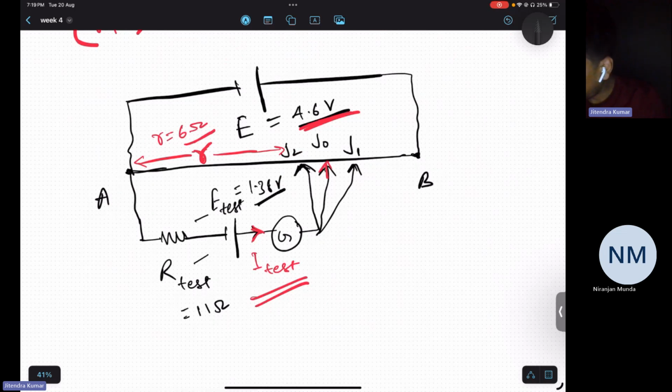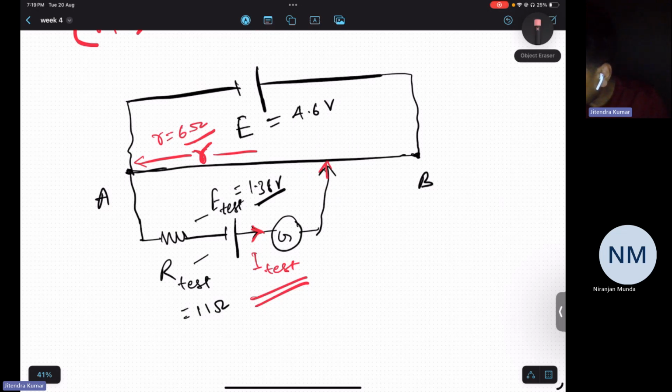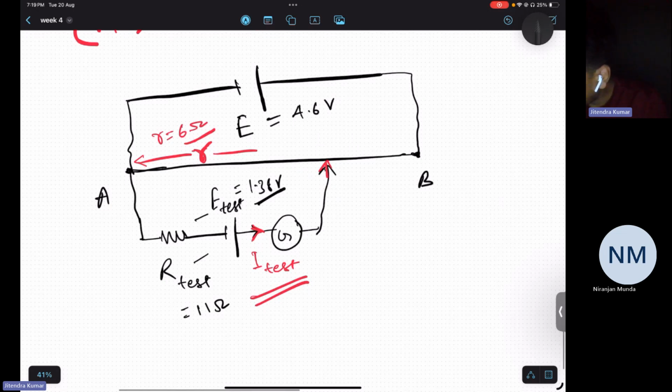Okay, so now this is nothing. This is also not. Let us assume only the important thing here. J2 also will be removed. Yeah. So now